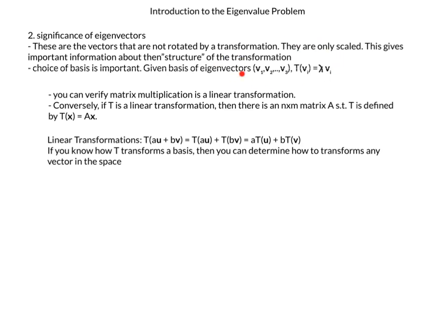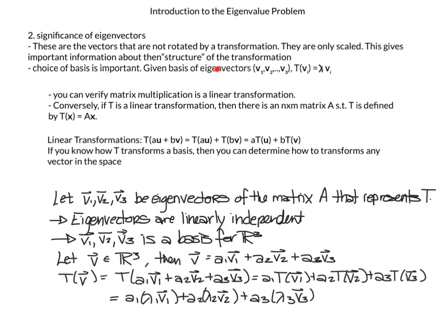So we'll do this in terms of our eigenvectors. We'll look at how, once we have a basis of eigenvectors, it's easy to figure out what the transformation does on any vector. So to illustrate why a basis of eigenvectors is convenient,